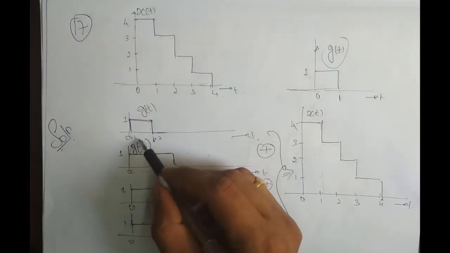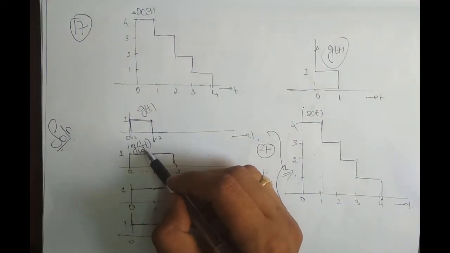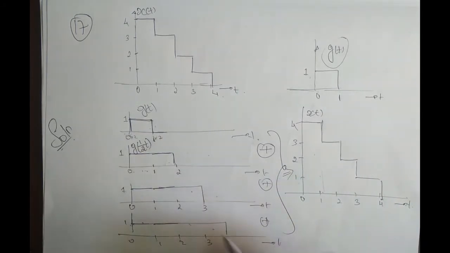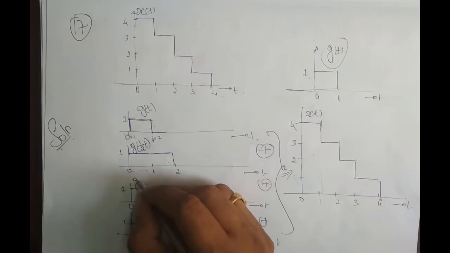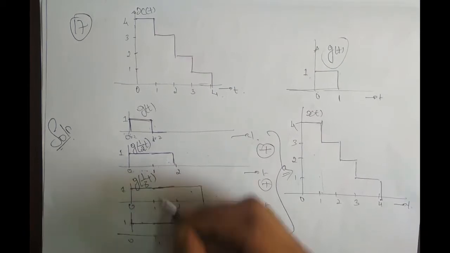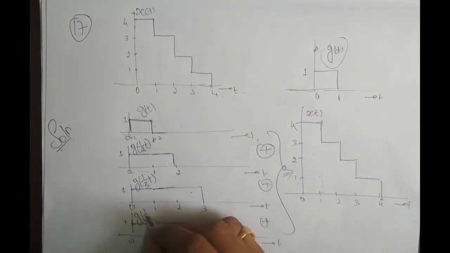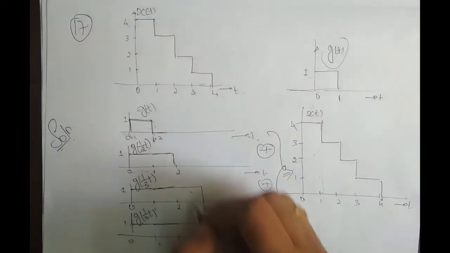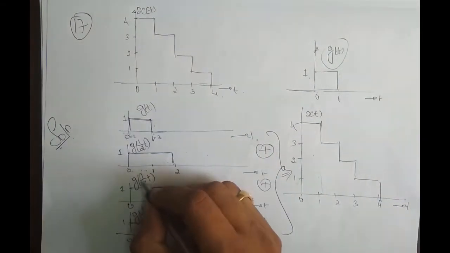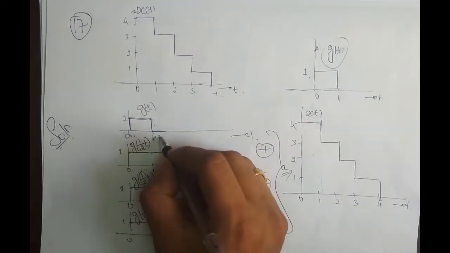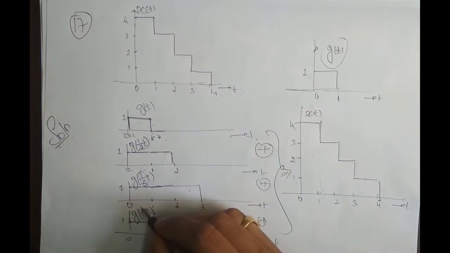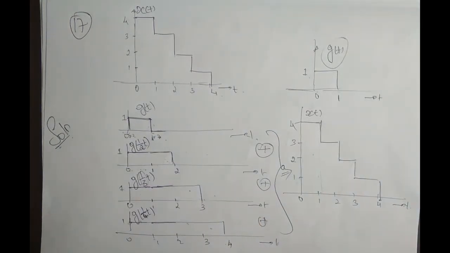Okay, so because I have to take the inverse of a, the inverse of 1 by 2 is 2, so 2 is multiplied everywhere, and this ends up with this signal. Similarly, this is g of 1 by 3t, this is g of 1 by 4t. If I multiply by 3 here, this goes to 3, so since I have multiplied by 3 here, this has to be 1 by 3. If I multiply by 4 here, this goes to 4, and since I multiplied by 4, it has to be the inverse of that.